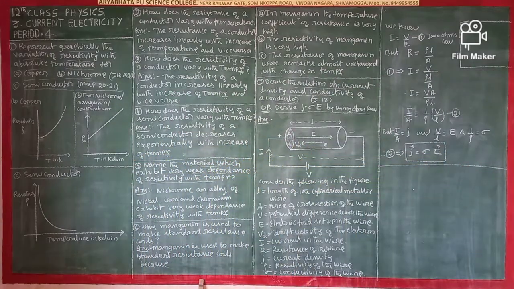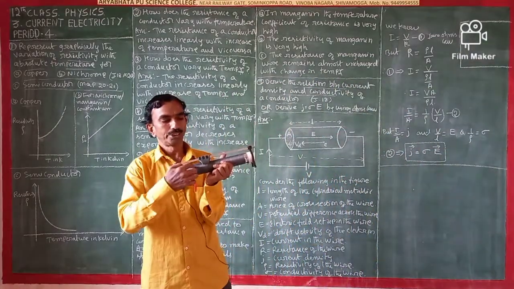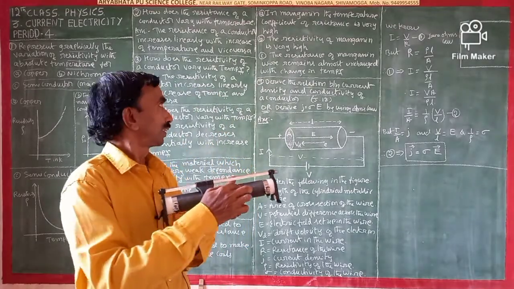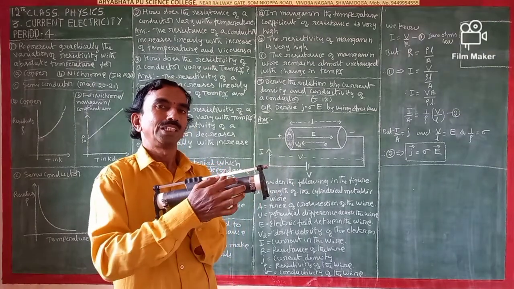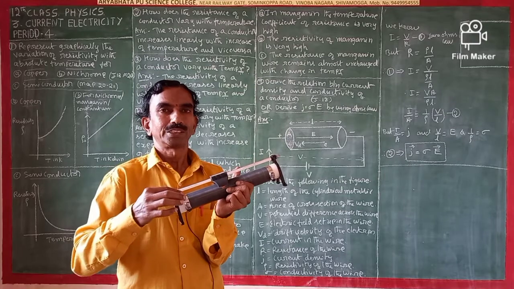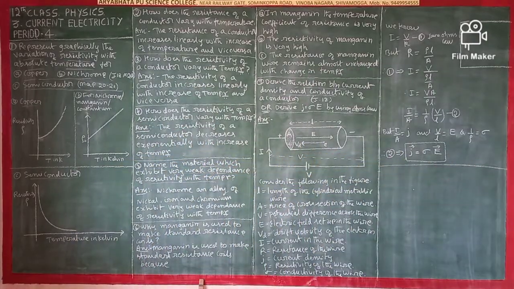And another one is this rheostat. You see the blocks marked here, they are wires. These wires are made up of manganese wire. Why it is manganese wire, I will explain to you afterwards. This is a rheostat and this is an ohmic device. This is used in Ohm's law. So that is ohmic devices.